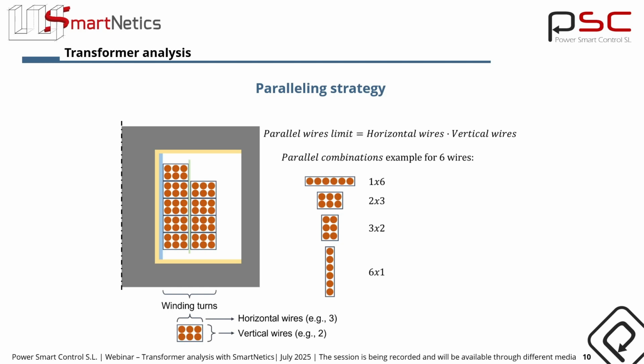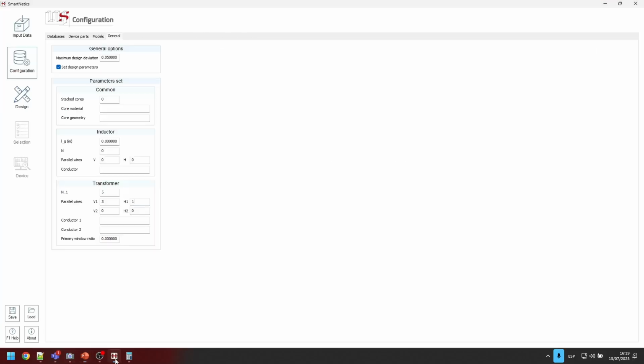This is just an example. For example, let's say we have 6 wires. There are 4 ways to stack those wires in Magnetics: fully horizontal, or fully vertical, or any combination that provides a rectangle. So in this case, I cannot reproduce that kind of triangle we have in the real world, but I'm choosing a 3 times 1 stacking of the wires because it will be close enough. I don't expect a very big difference due to that kind of paralleling strategy. Okay, so I'm selecting here 3 times 1.